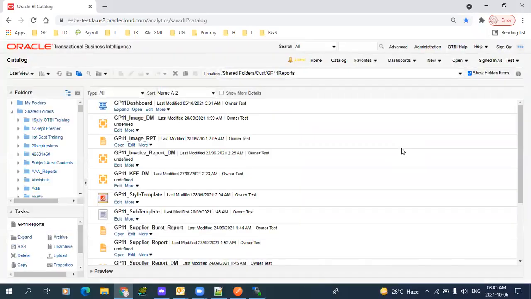So if you recollect yesterday's session, we have seen how to create OTBI reports, analysis, dashboard prompts, analysis prompt, and the dashboard, and the action links and group of action links, nothing but more than one action link, and how to interact from one analysis to another analysis, and how to maintain the relationship between the supplier prompt and analysis. What is the join condition, or what is the main criteria in order to get the data for the supplier prompt,